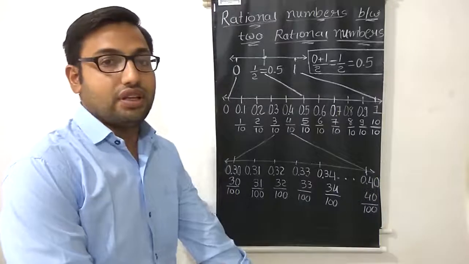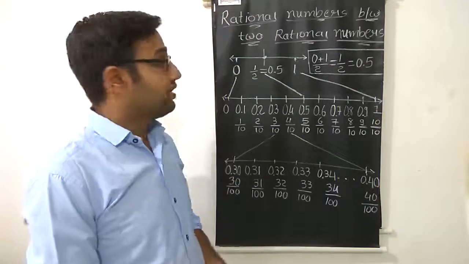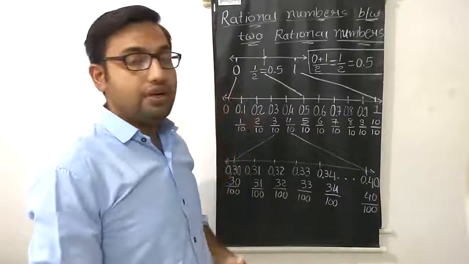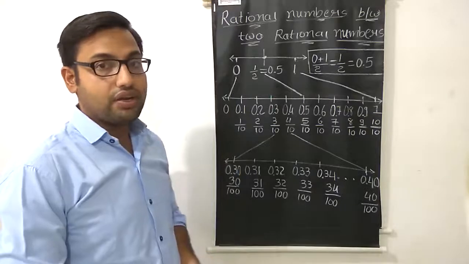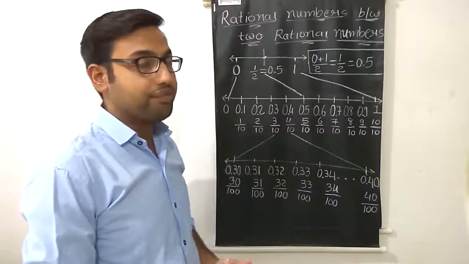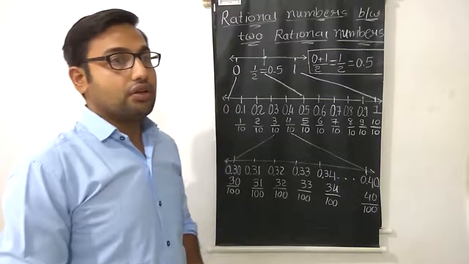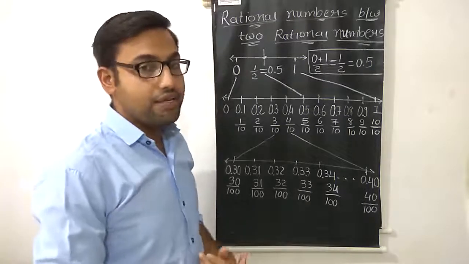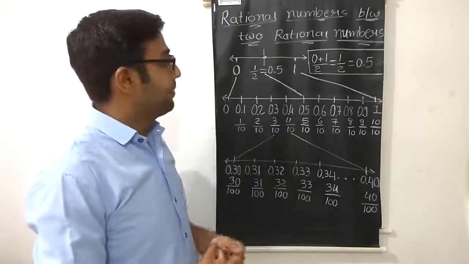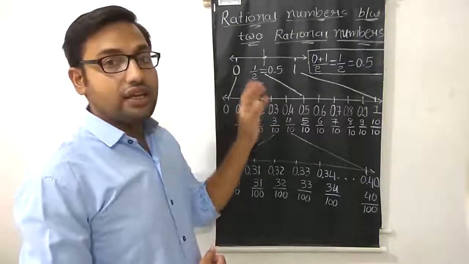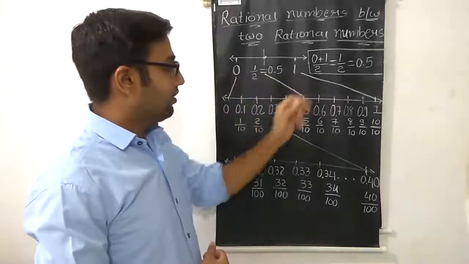Hello students. In today's class, we will continue with the rational numbers between two rational numbers. That is the topic of chapter number 1, class standard 9. In the last class, we discussed that there are infinitely many rational numbers between two rational numbers, right? We have shown that in between 0 and 1 there are